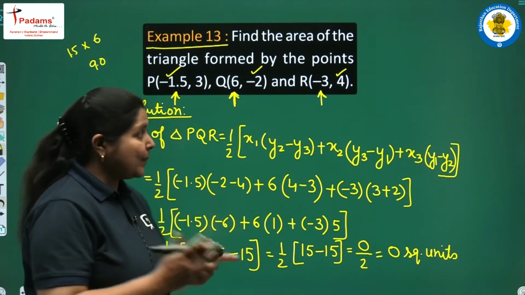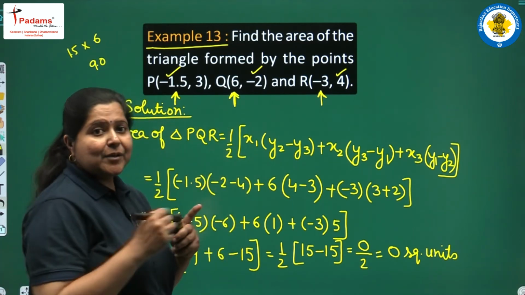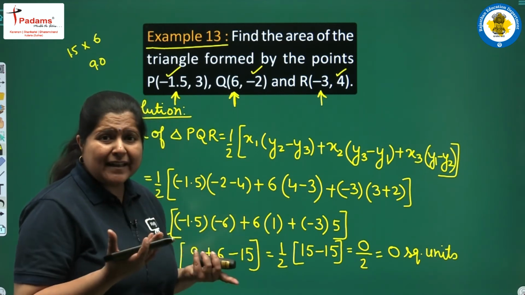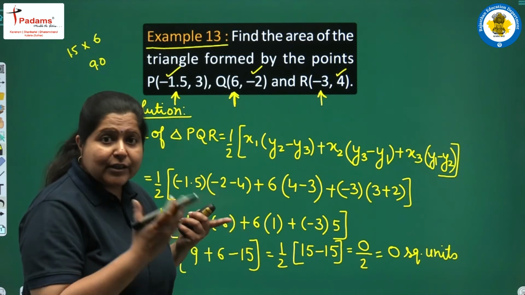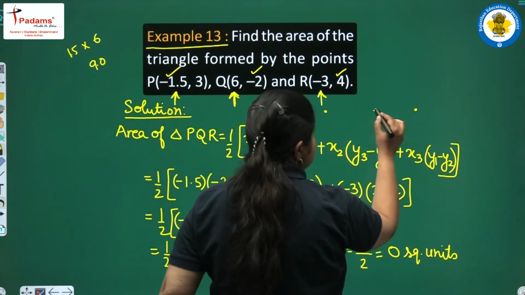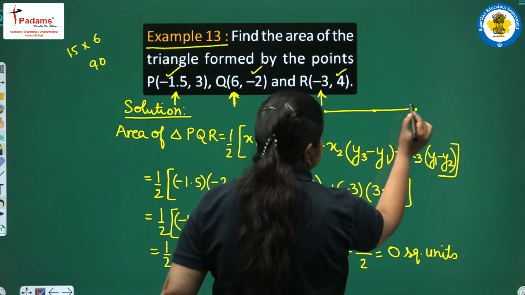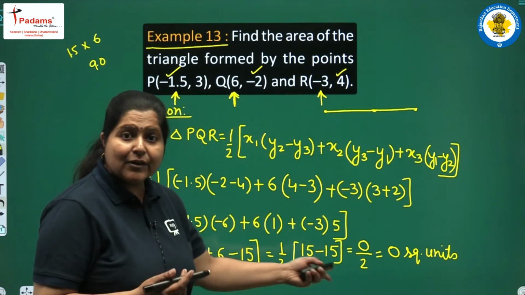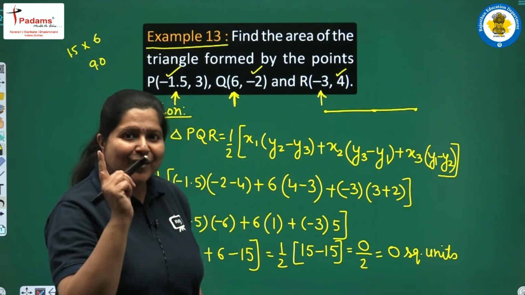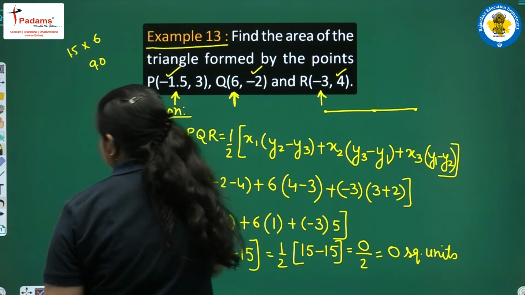देखिए आप इन तीनों पॉइंट से जो ट्रायंगल बन रहा है उसका एरिया 0 है, इसका मतलब कोई ट्रायंगल बन ही नहीं रहा. एरिया 0 है इसका मतलब ये तीनों पॉइंट्स एक ही लाइन में हैं, P, Q और R, और तभी जब हम इन्हें मिलाएंगे तो कोई ट्रायंगल नहीं बन रहा और एरिया 0 आ रहा है. और ऐसे पॉइंट्स जो एक ही लाइन में लाई करें उन्हें हम कहते हैं कोलिनियर पॉइंट्स. सो वी राइट हियर फर्दर